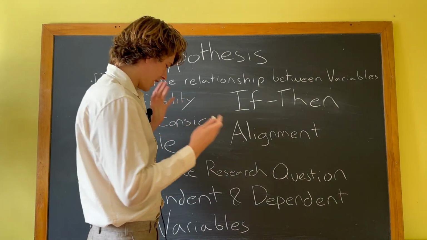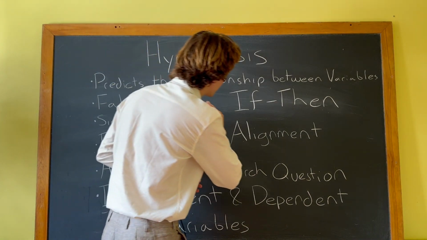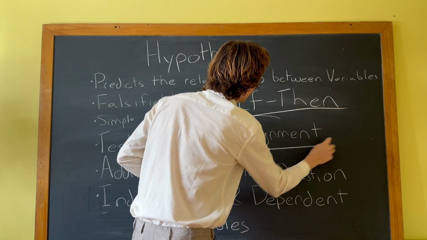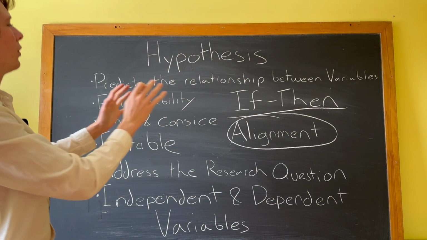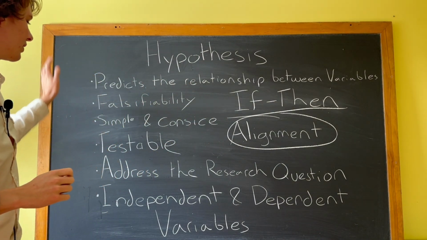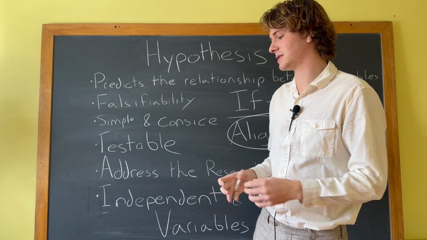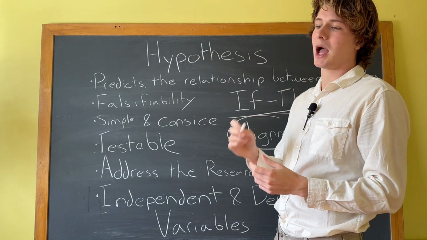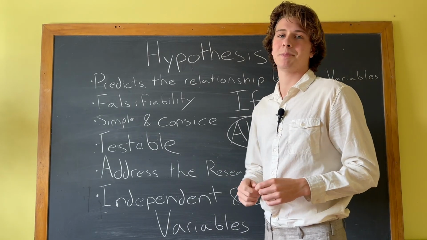And just for the purpose of the blackboard's completion, the hypothesis should be an if-then statement, and it should be aligned with the entire paper, right? You know, this is so important. I cannot stress this enough. If-then statement's important, right? But it's got to include all of this, right? So look at the hypothesis, assess the hypothesis, assess the alignment. That's what I'm going to be hounding on, is the alignment of the hypothesis within the paper itself, within the discussion itself, right? So this is the hypothesis.